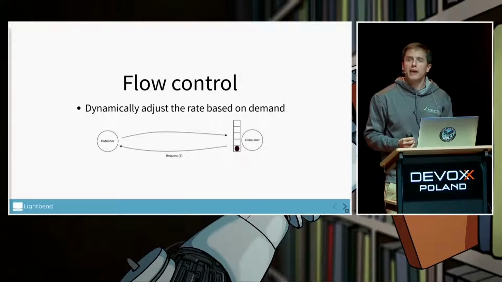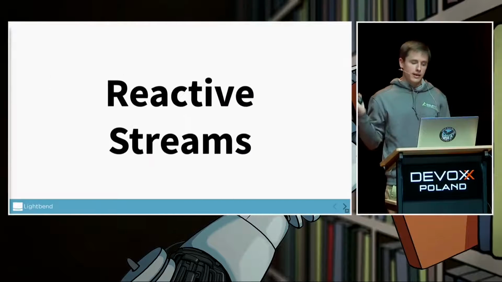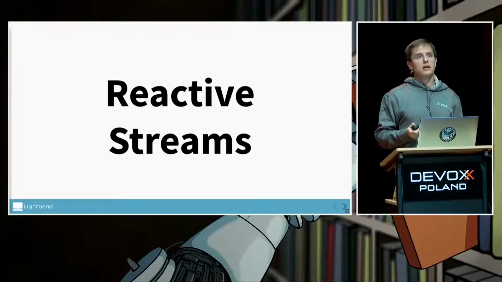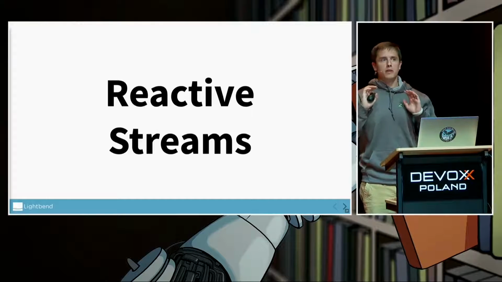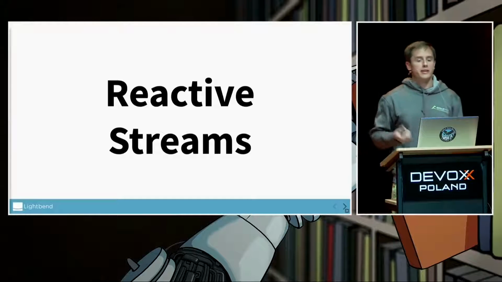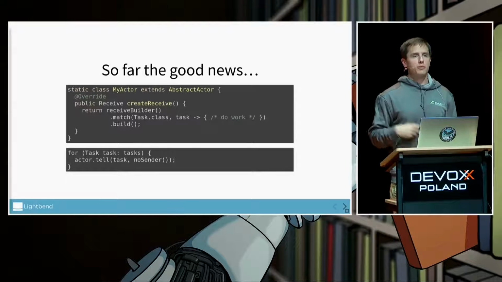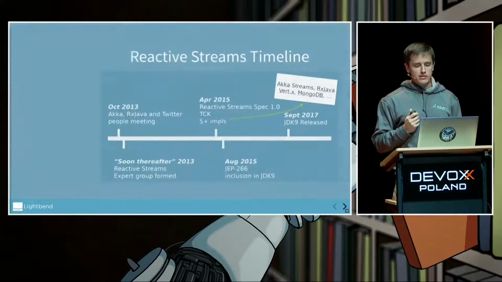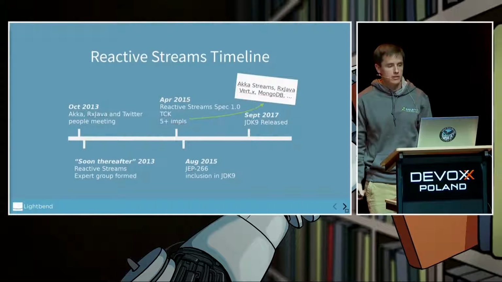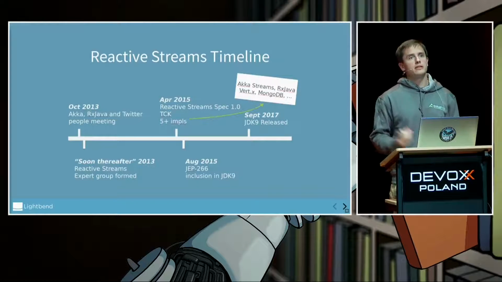And this pattern came about in so many things like Akka applications and other asynchronous frameworks that eventually it was somewhat standardized in Reactive Streams. That is basically the formalization of that protocol so that Akka can do this, but then we can also interact with other things that can do this, like Reactor and Monix. And if you think about that actor which I showed you originally, the thing it's deciding is how quickly we should send messages to it, except we want a nice fluent API for it. Reactive Streams has been around for some time. It's back in 2013 when it was originally thought of. And then the interfaces for it made it into JDK 9.